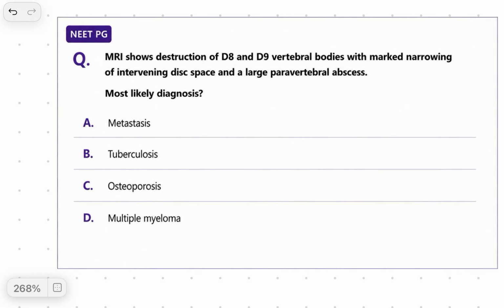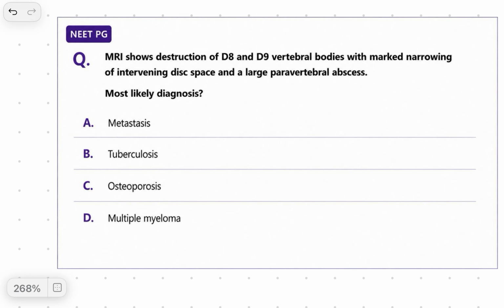MRI shows destruction of D8 and D9 vertebral bodies with marked narrowing of intervening disc space and a large paravertebral abscess. The most likely diagnosis is: option A, metastasis; option B, tuberculosis; option C, osteoporosis; and option D, multiple myeloma. Pause the video for a few seconds and think about the answer